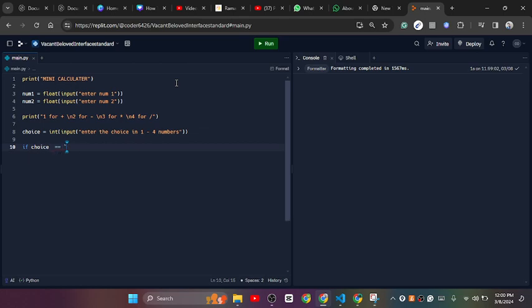equal to 1, and then I will write here print num1 plus num2, and then I will write here elif choice equal to 2, and then I will write here print num1 minus num2, and then I will write here again elif, and then elif choice